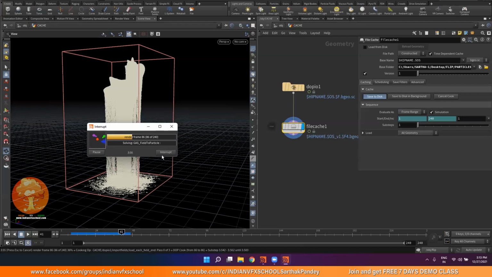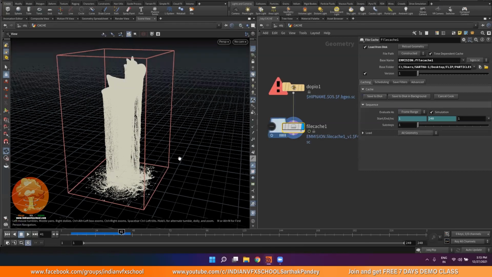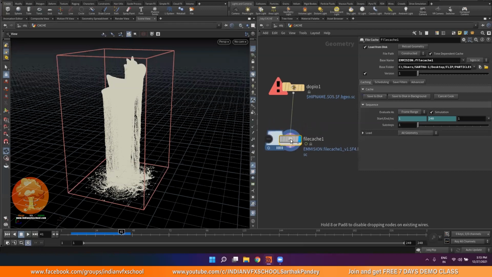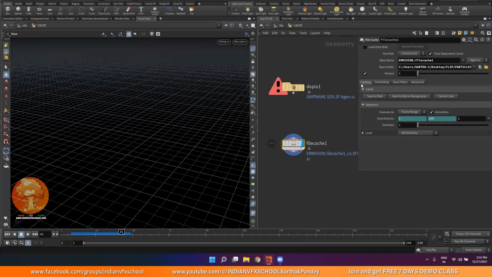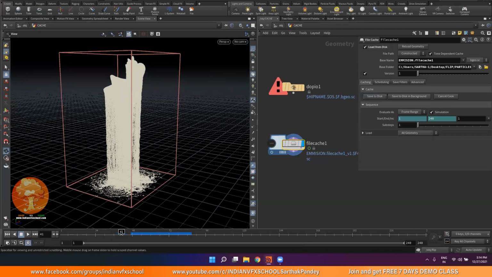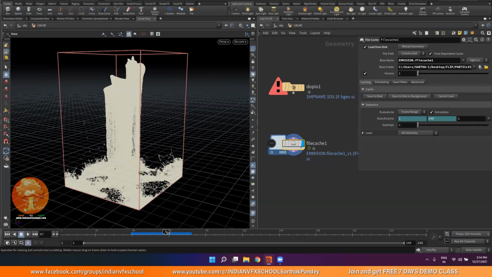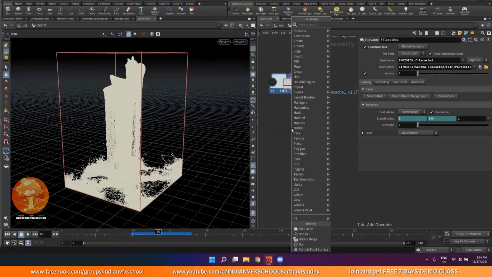All right, so I'm just going to interrupt the simulation in between, and we have already cached some of the frames. In order to load these particles or the cache, make sure you click on this load from disk, otherwise it's not going to load. If you click on load from disk, you will basically have your particles back in your Houdini. Now you can scrub them through the timeline, and you will see the change in real time. Now the part is how we can mesh them.